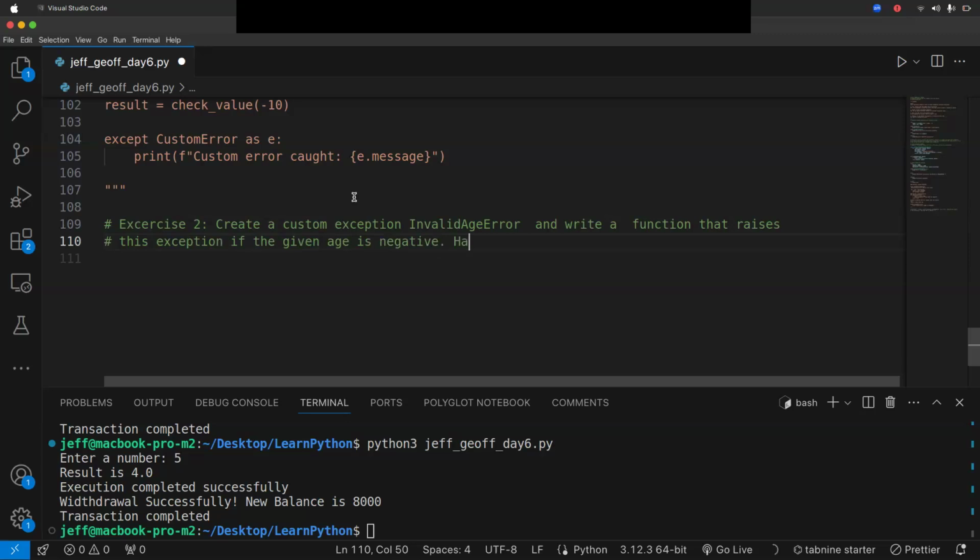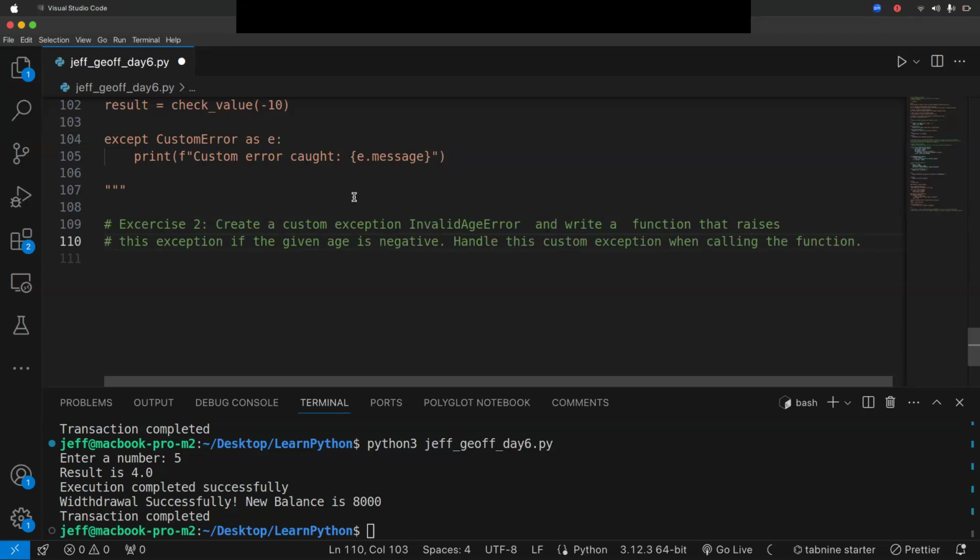Handle this custom exception when calling the function. Okay, I think that should be easier for you.